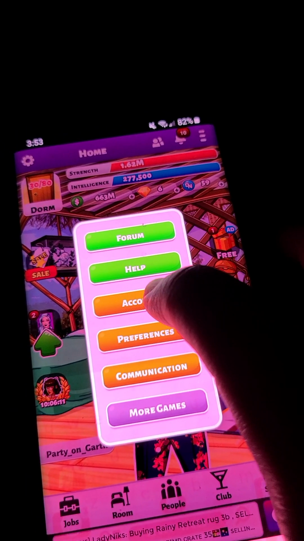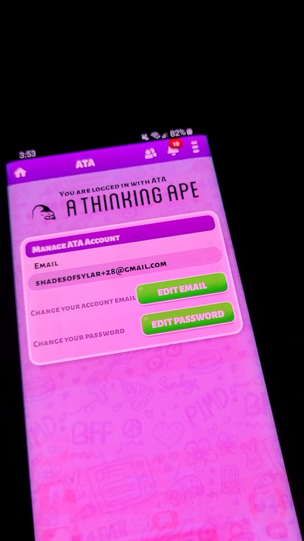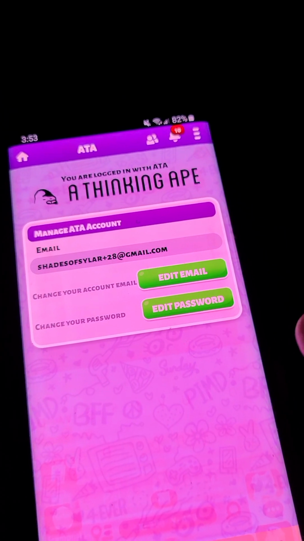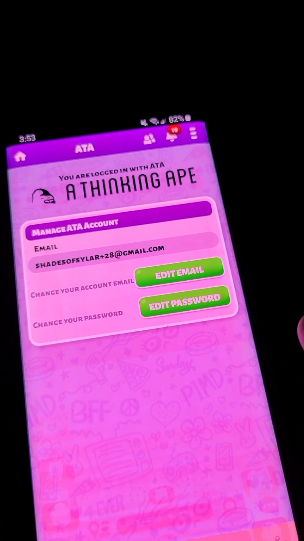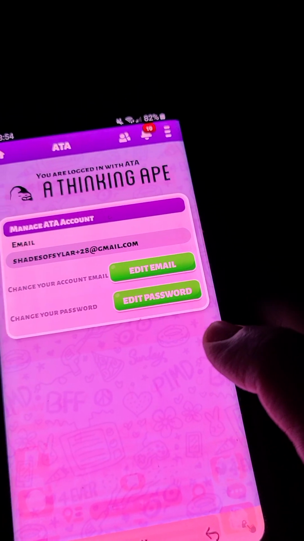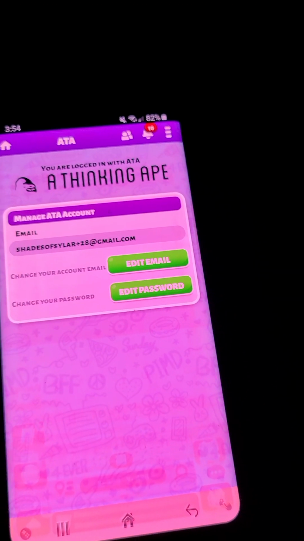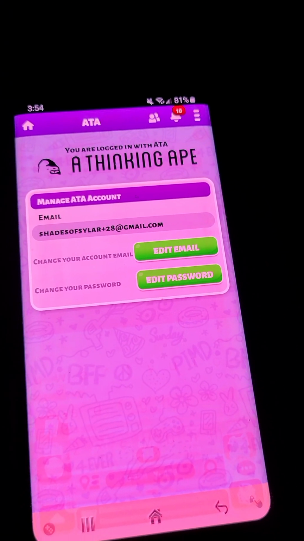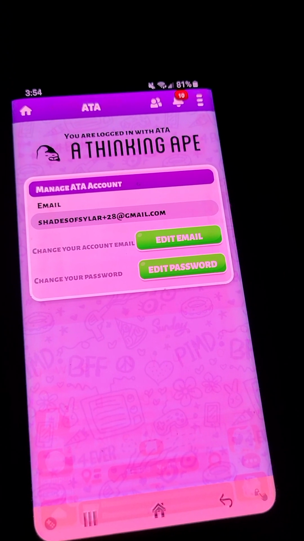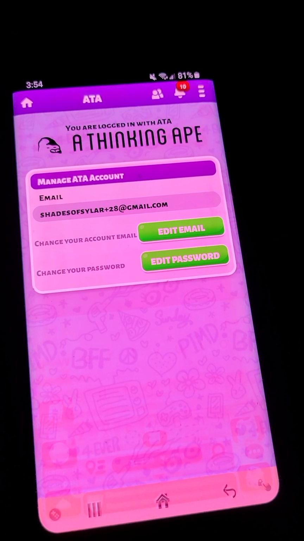Alright. You gotta push the little wheel on the top, and go to account, ATA, and you would put in your email plus the number, gmail.com, and there'll be a thing to verify. See, the other one I was just in, you had to still verify, but apparently this one's verified. And they'd send you something through your email, and you follow the link, and you have to try to do that all on the device where you're putting the game, and that way whenever you want you can just